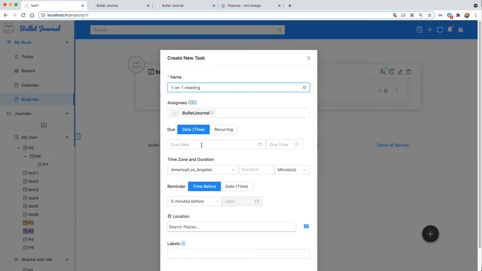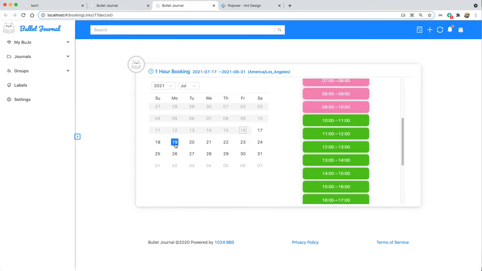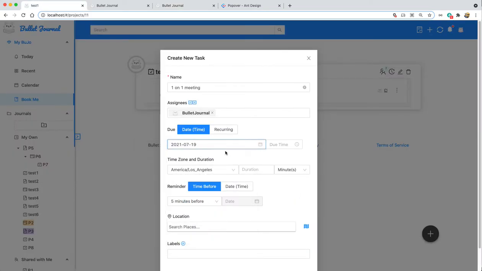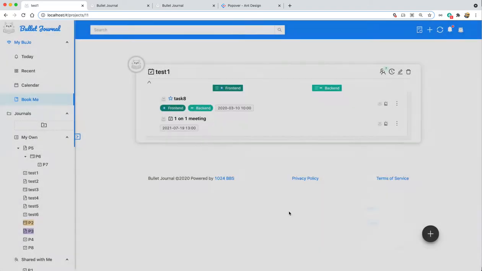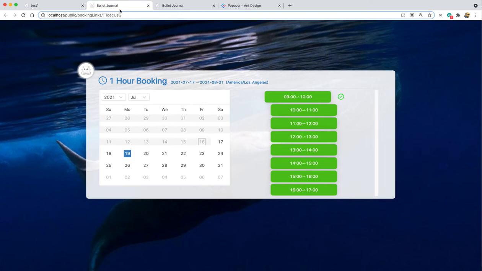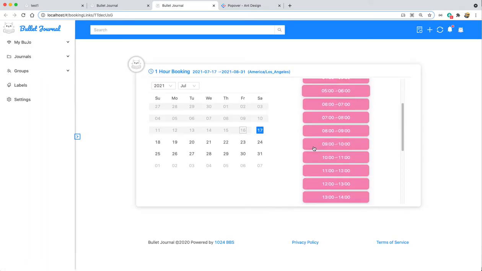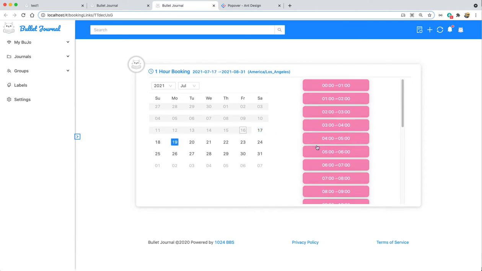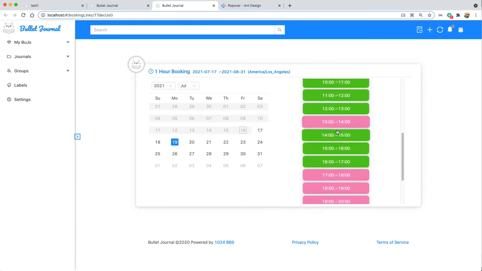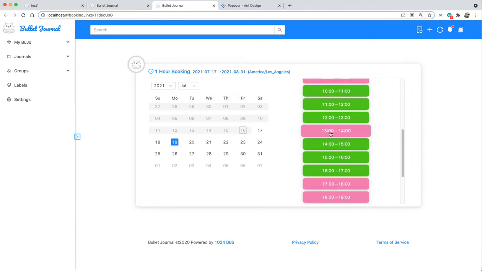Let's go back. So we want to change this to be the 19th, right? And let's say I have it at 1 p.m. Okay, and the duration is 60 minutes, basically 1 hour, right? Let's say I have a task. So then I think if we check, this slot will be blocked. Let's take a look. If we refresh this, it should be, oh, not here, the 19th, right? So we can tell this one, after calculations, is blocked,